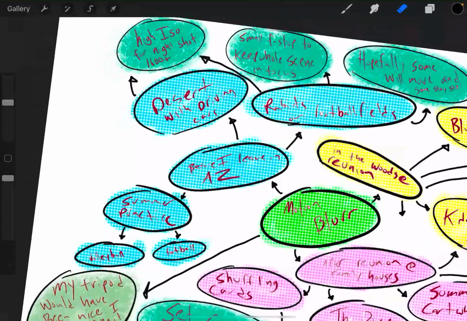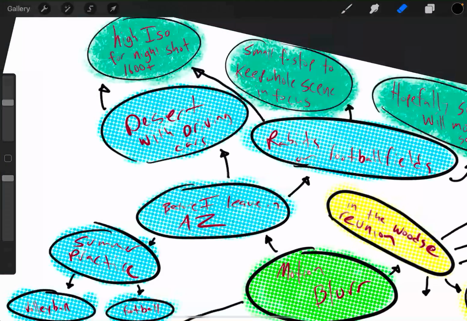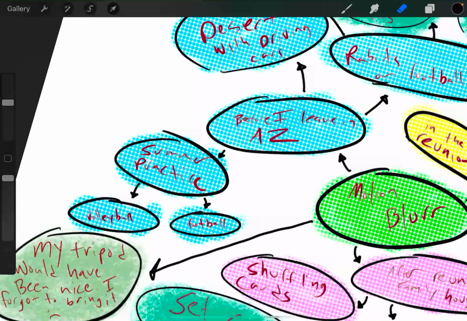So before I left, when I was thinking about motion blur, a couple of ideas I came up with were going out into the desert with driving cars, trying to get that desert scene with the cars driving by. Or going to our football field at night, where there are a bunch of rabbits, or the summer practices of volleyball and football, trying to get some nice motion blurred photos of the students